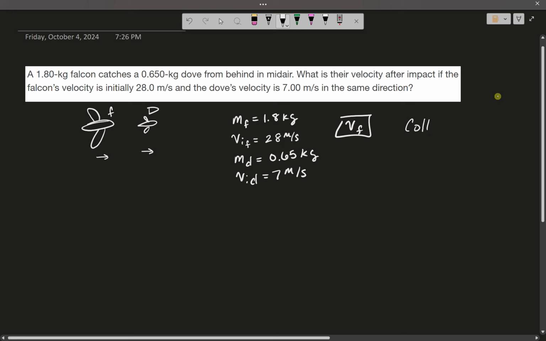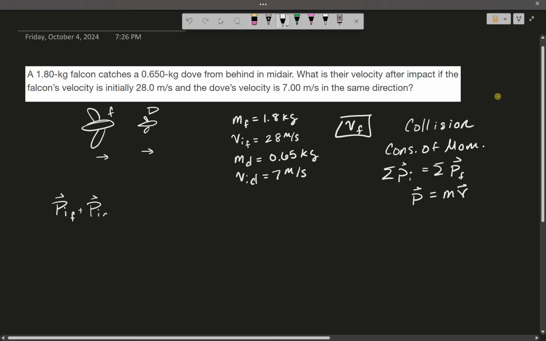So this is technically also a collision problem, which means I'm going to need to use my conservation of momentum. So the total initial momentum of the system has to be equal to the total final momentum of the system. And if we recall, momentum is equal to mass times velocity. So I have the initial momentum of the falcon plus the initial momentum of the dove, and this will also result in a combined final momentum because the falcon is going to catch the dove, so they're going to end